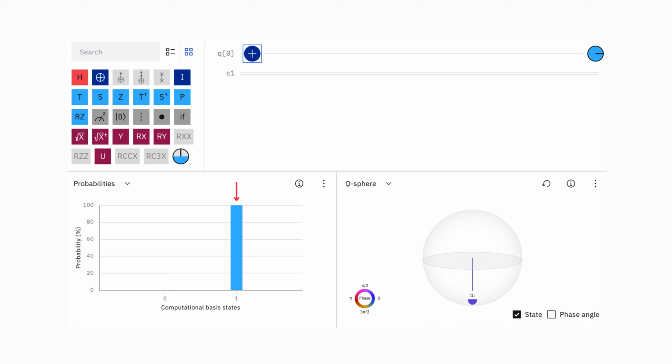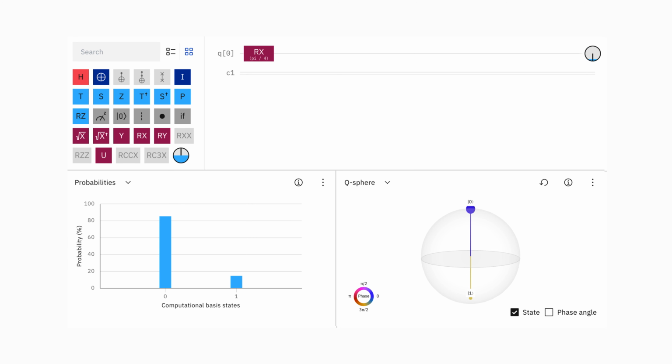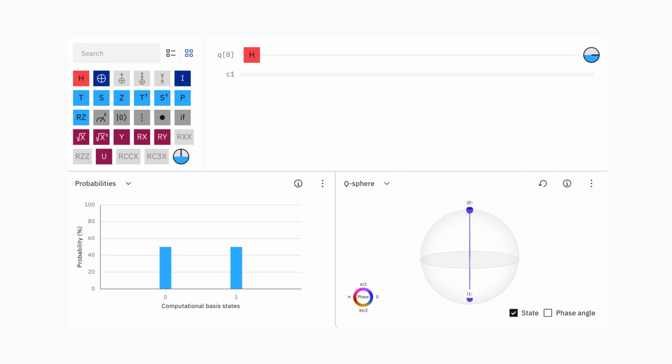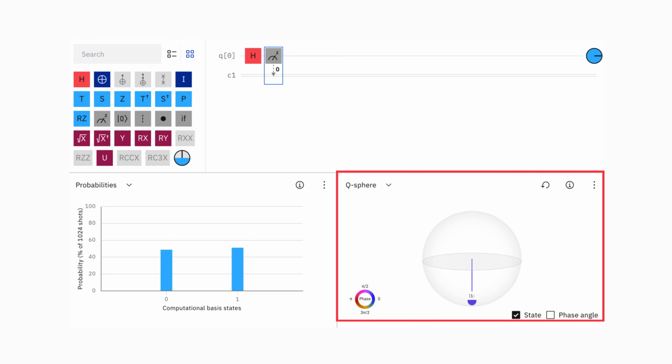If instead of doing a rotation of 180 degrees, we just want to change the state of the qubit by some angle, the Rx gate allows us to do this. In this case, we are rotating the state of the qubit by 45 degrees along the x-axis, and we will have a higher probability of measuring the state 0 than the state 1. The Hadamard gate creates a superposition of all possible states, meaning that we have 50% probability of measuring the state 1 and 0. If we now apply a Pauli X gate, we see that nothing really changes, since the flipped states will end up having the same probabilities. But if we perform a measurement, we see in the Bloch sphere that the qubit has collapsed to the state